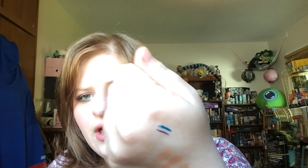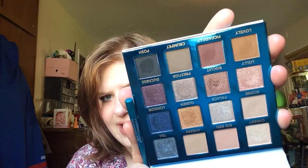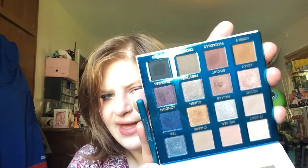Yeah, I have some blue. I have a blue eyeshadow that I'm trying to hit 10 uses on in my Stardew Valley, and I'm like, oh, this would pair well with that, and I feel like it would pair pretty well with this palette too, because this palette is kind of cooler. And yeah, hopefully I can get, and I really want to try to do a look I used to do with this,